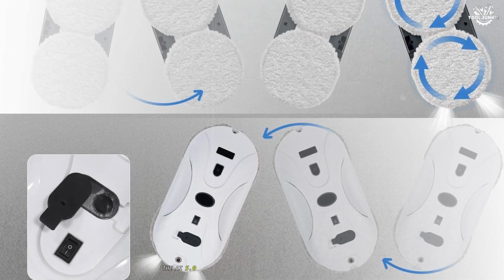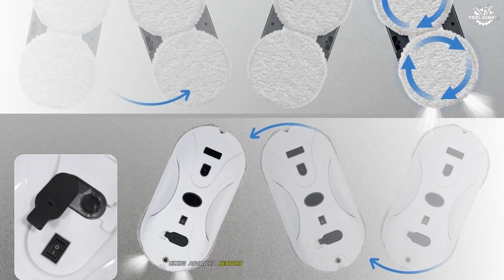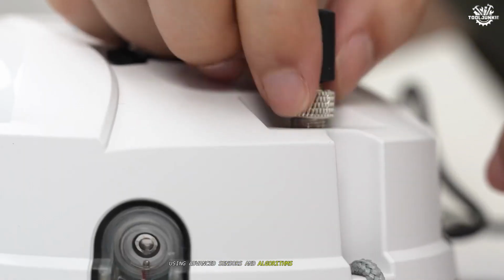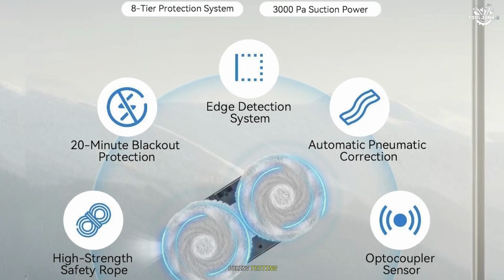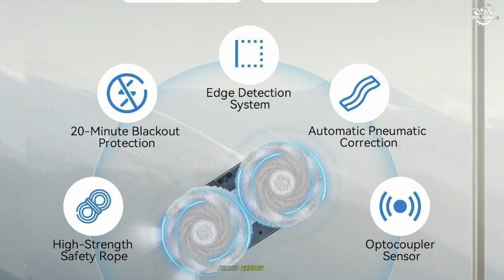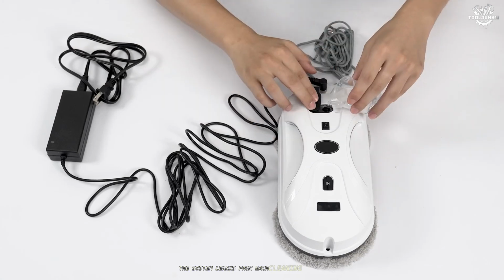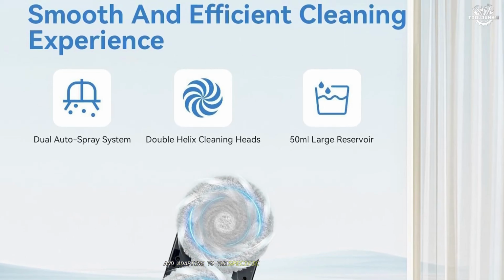The AI 5.0 path planning system is truly revolutionary, using advanced sensors and algorithms to map your windows and determine the most efficient cleaning pattern. During testing, I was consistently impressed by the robot's ability to navigate around window frames, detect obstacles, and adjust its cleaning path accordingly. The system learns from each cleaning session, optimizing its performance over time and adapting to the specific characteristics